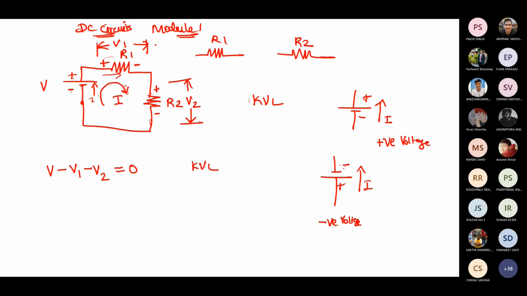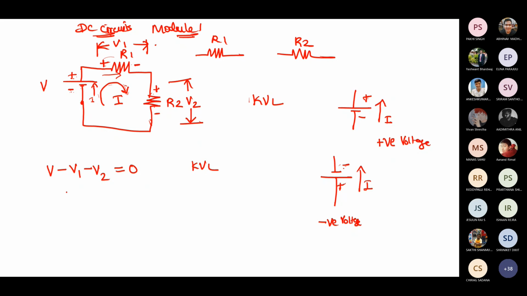Okay, ma. But you have to see the source. Source, if it is like this, okay. If the source is in the opposite direction, then it should be minus. There is no variation in the source. As the source is given, we have to take it as such. Okay, ma. Doubt is clear? Yes, ma'am. Okay, ma. Anybody else having a doubt?